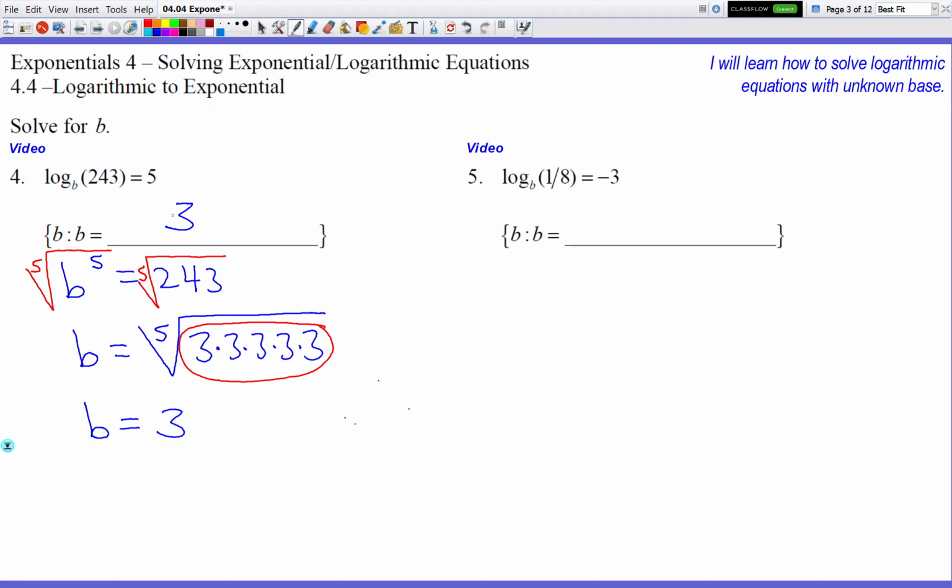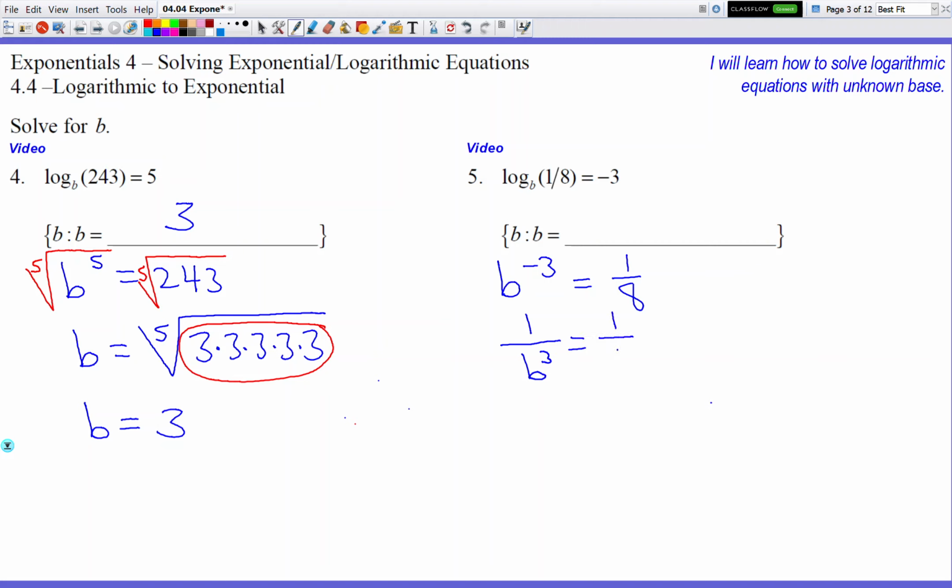Okay, number 5. Still my letter that I'm going to solve for is a base, so I'm going to change forms. b to the negative 3 power equals 1 over 8. Okay, so I'm going to start taking advantage of my knowledge of exponents, and I'm going to say, okay, this negative says to the base b, you're going to go to the bottom. Okay, so I'm going to rewrite this as 1 over b to the 3rd